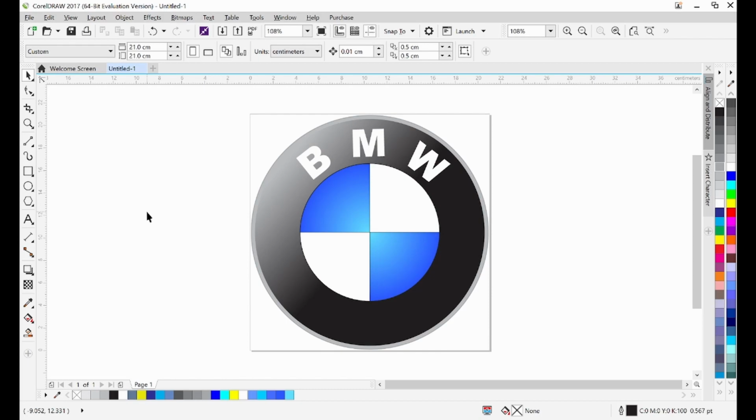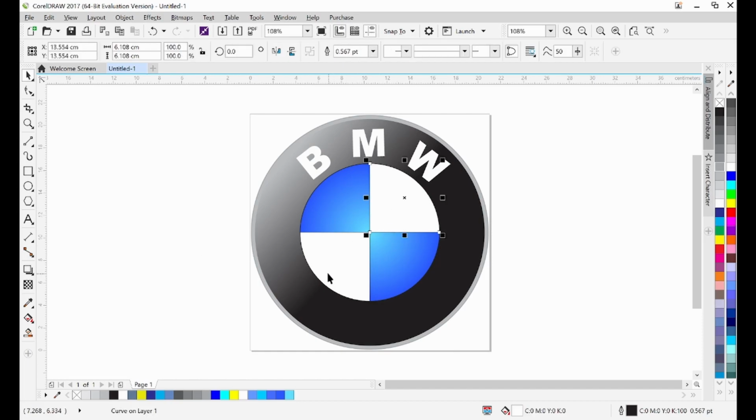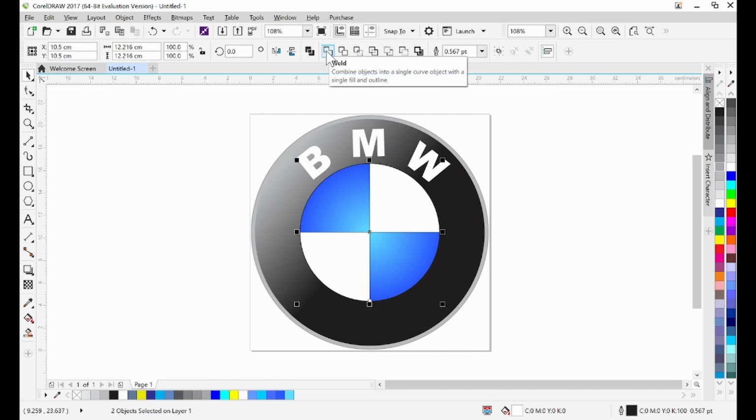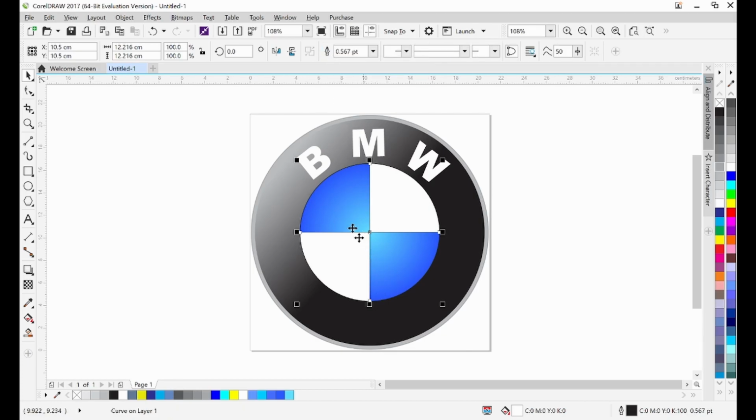Alright, so before we finish, we will add our final touches. So let's go ahead and click these two white, hold Shift and select the white here, and let's weld. Remember, we welded these two, so we are supposed to weld these two as well. So we've welded them, and they are in one color white. And let's see what we can do. Let's apply the interactive fill to this as well,